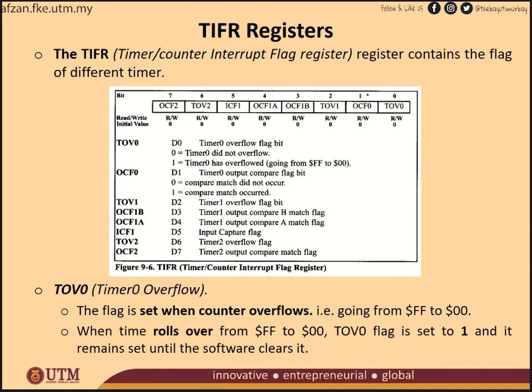Where is my OCF0 flag? Here, at bit number 1. So what is the value that I need to monitor? 0, 0, 0, 0, 0, 0, 1, 0, which is equivalent to 0x0